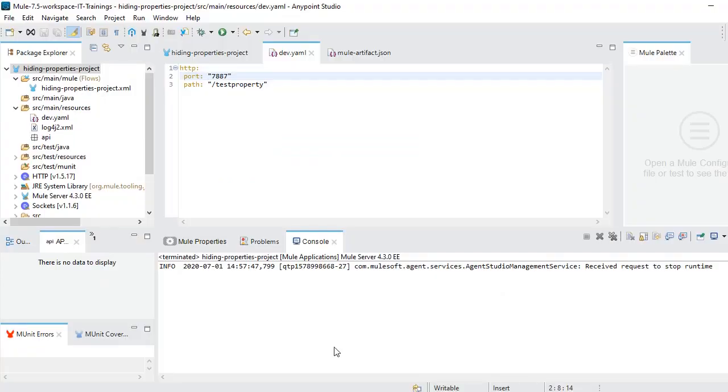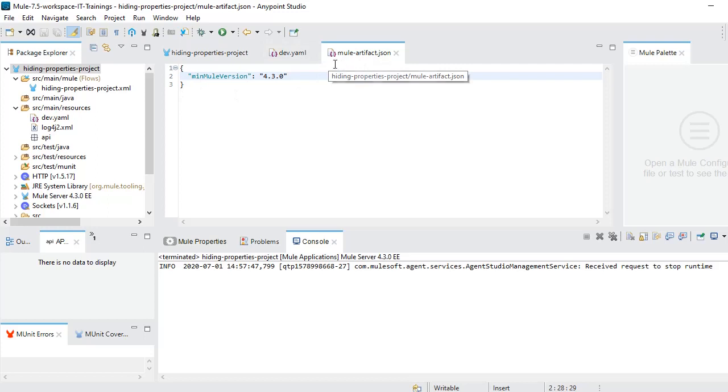Okay, so let's see how to mask these values now. In order to do that, we need to make these changes in mule-artifact.json. We need to provide one more value, secureProperties. It's actually an array.